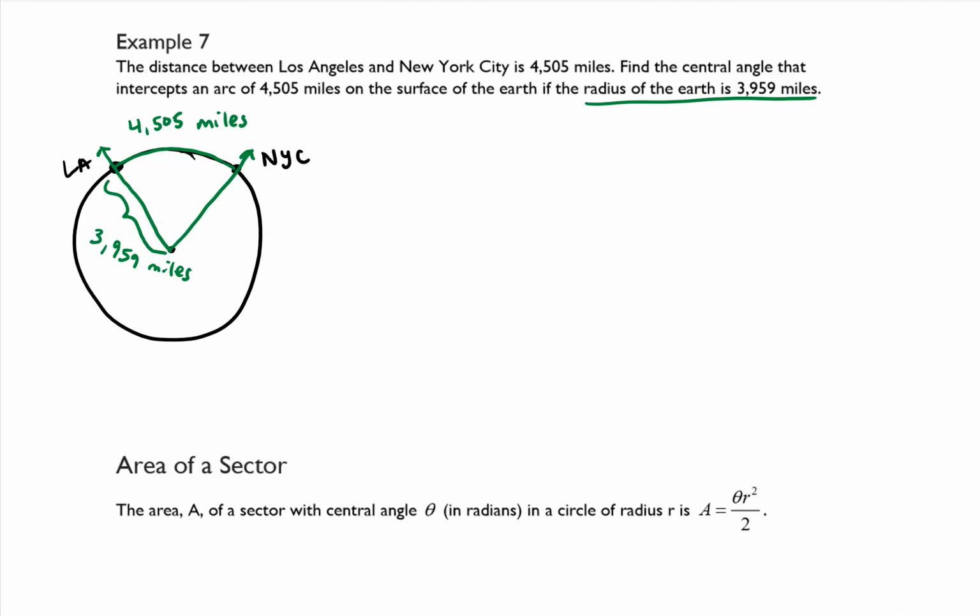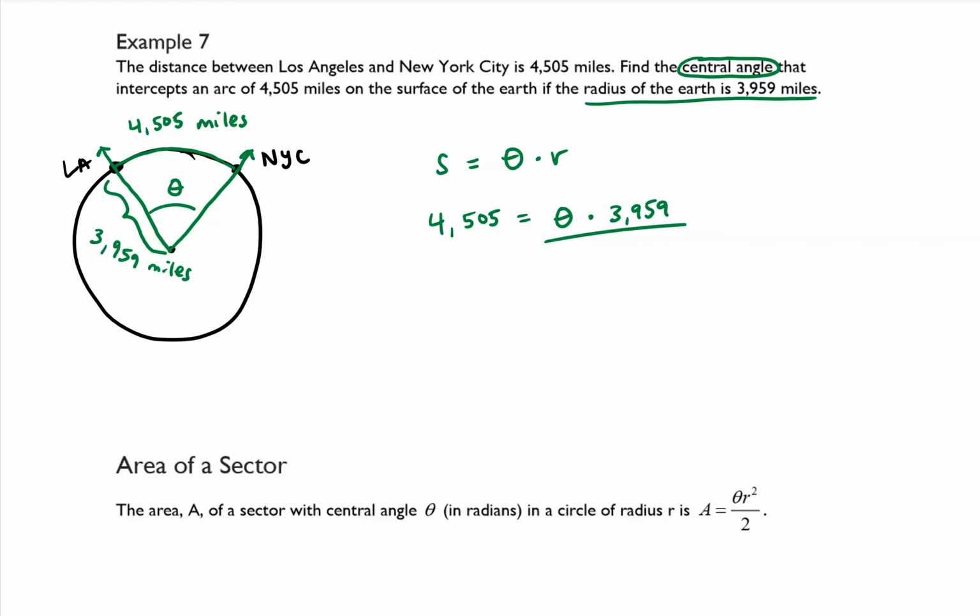And so if we think about the arc length formula, we have S is equal to theta times R. Now, when you're doing algebra like this, you always want to ask yourself, what values in our equation do we know, and which ones do we not know? It says find the central angle, so that's probably going to mean that we don't know what theta is, which matches our picture, and we should know the other values, which we do. We know that the arc length is 4,505 miles,